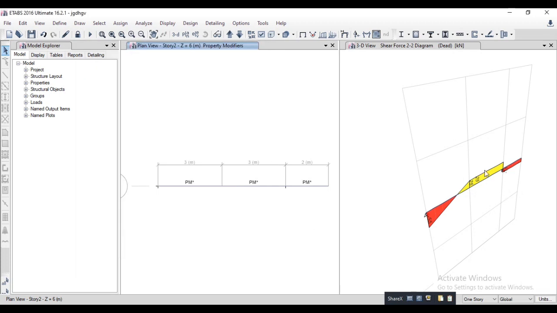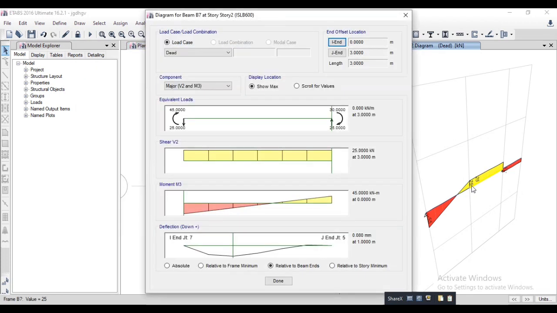So if you want to see everything in the same table, go for right click and see here. And if you want to see the value at a particular distance, put the distance value 2 meter and done.